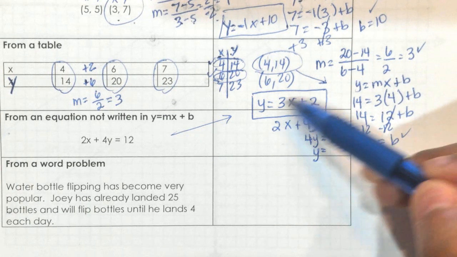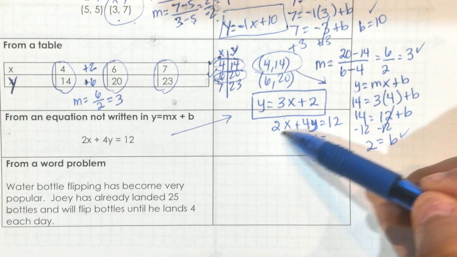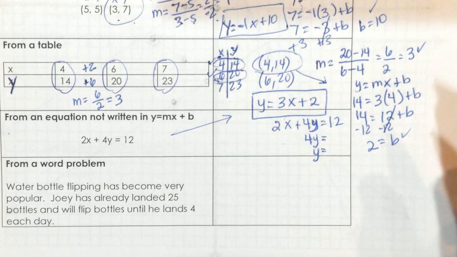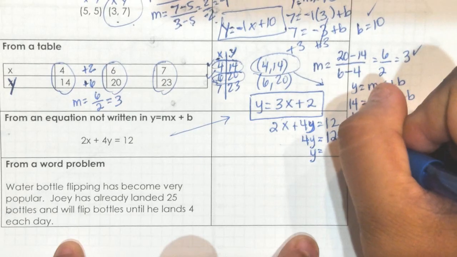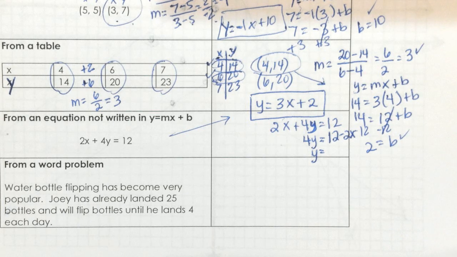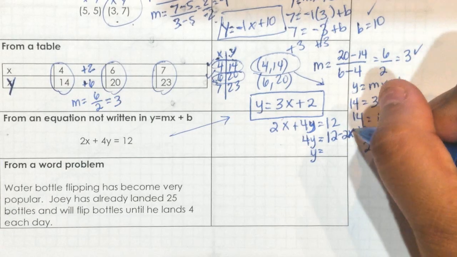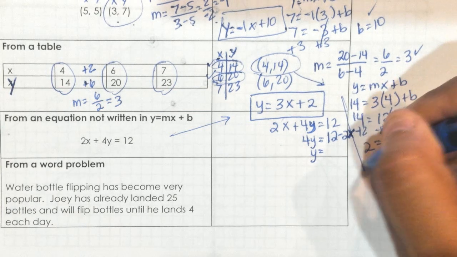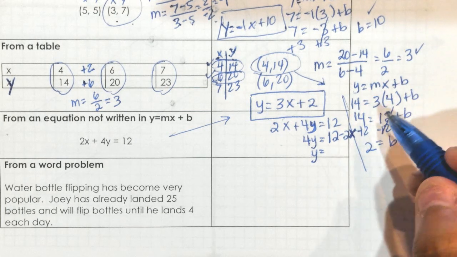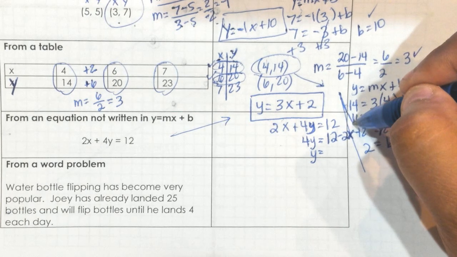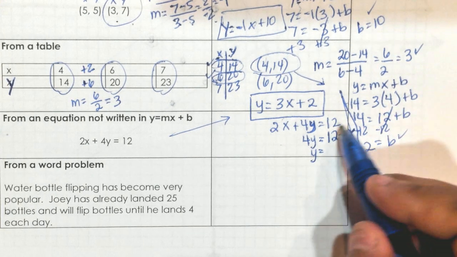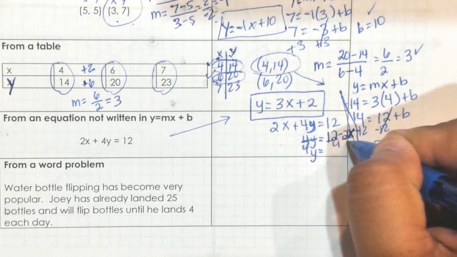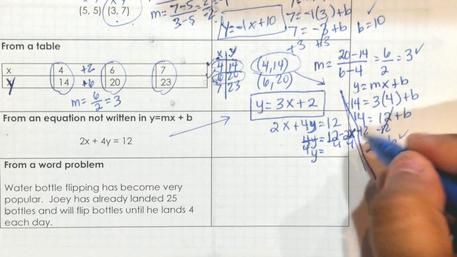I need to get rid of everything over here except for the y. So I need to get rid of this 2x, and I need to get rid of the 4. I'm going to get rid of this 2x by subtracting it because it's positive. So I'm going to do 12 minus 2x over here. I didn't do that very well here. Okay. Now, how do I get rid of this 4? What you're going to do is divide everything by 4. Divide everything by 4. And then your y is equal to, now